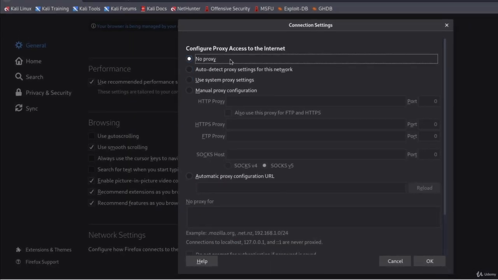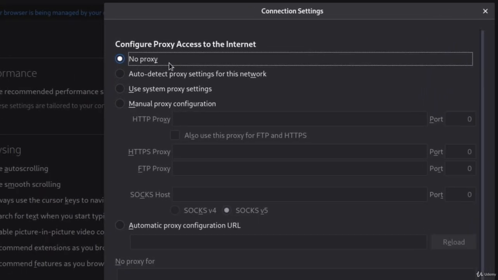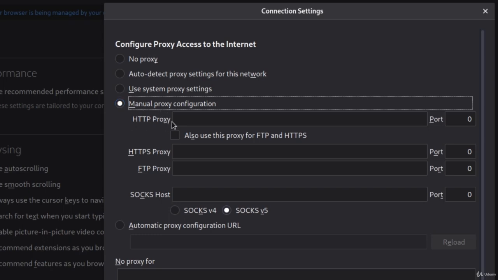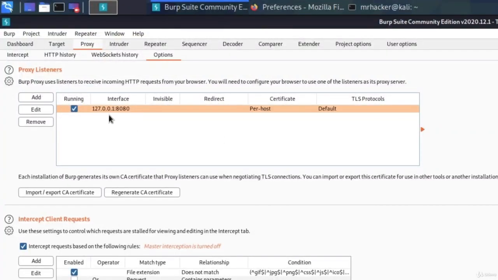and it will open the first setting, which is proxy configuration, which should by default be set to no proxy. We want to change it right now to manual proxy configuration, and in the manual proxy configuration under the HTTP proxy tab, we want to select 127.0.0.1 as an IP address on port 8080, the same settings that we have inside of our Burp Suite under